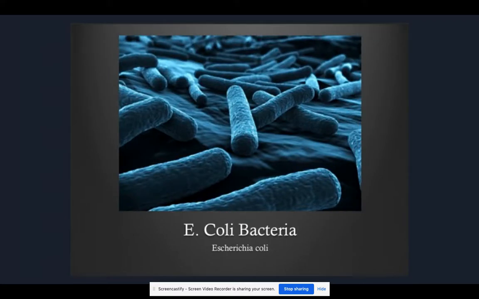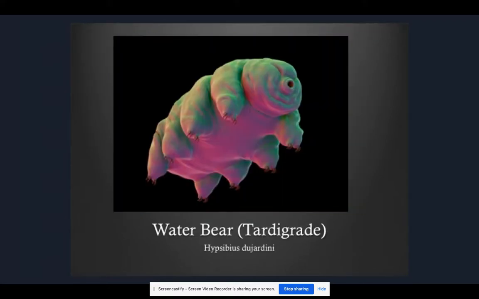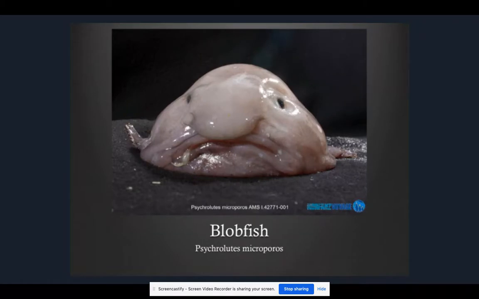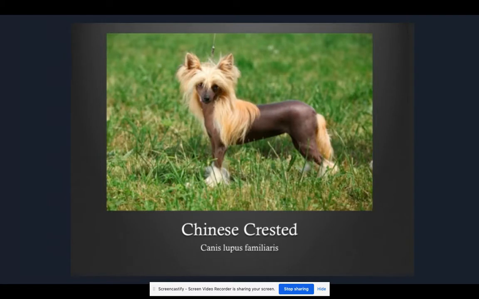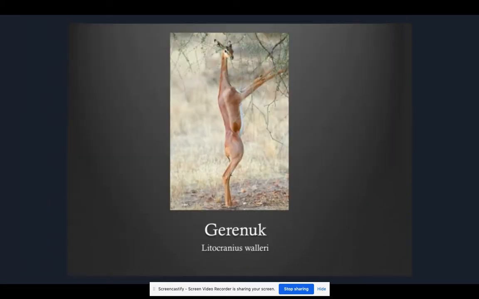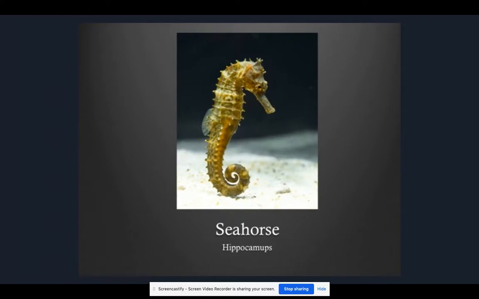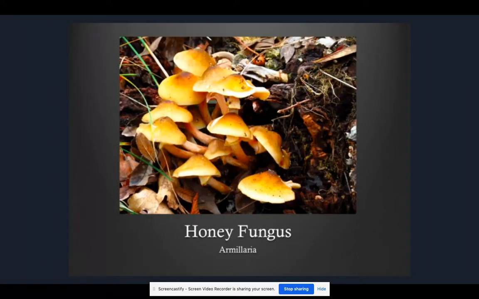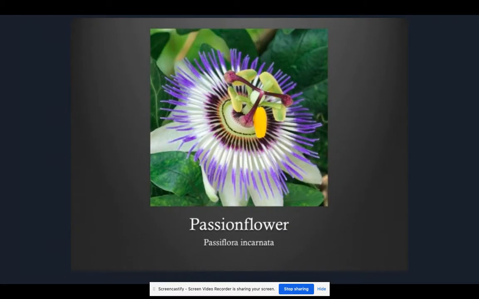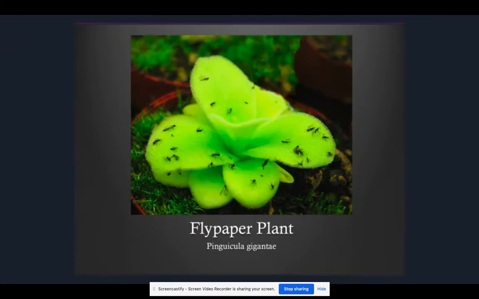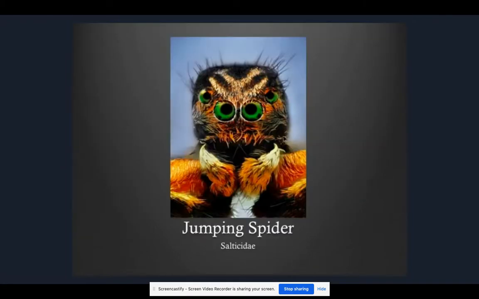E. coli bacteria, a water bear, a blobfish, a commodore, oh, that's so cute. A Chinese crested, a thorn bug, a geranuk, a seahorse, a honey fungus, mantis shrimp, passion flower, flypaper plant, jumping spider,